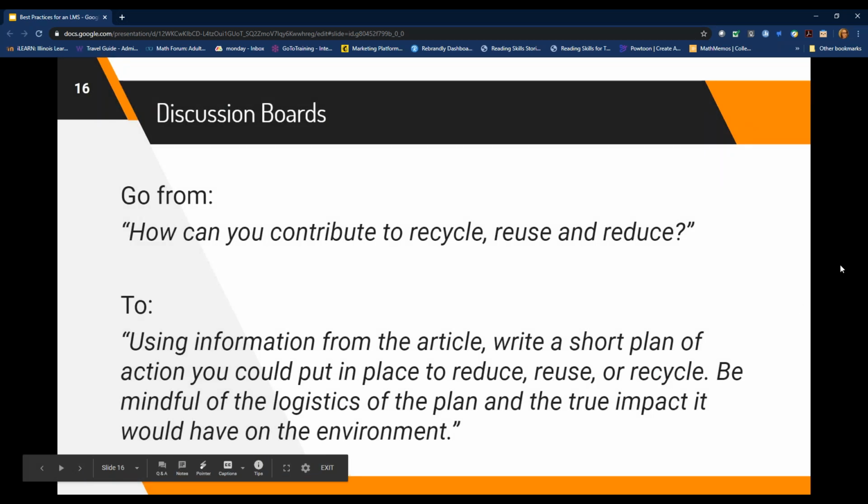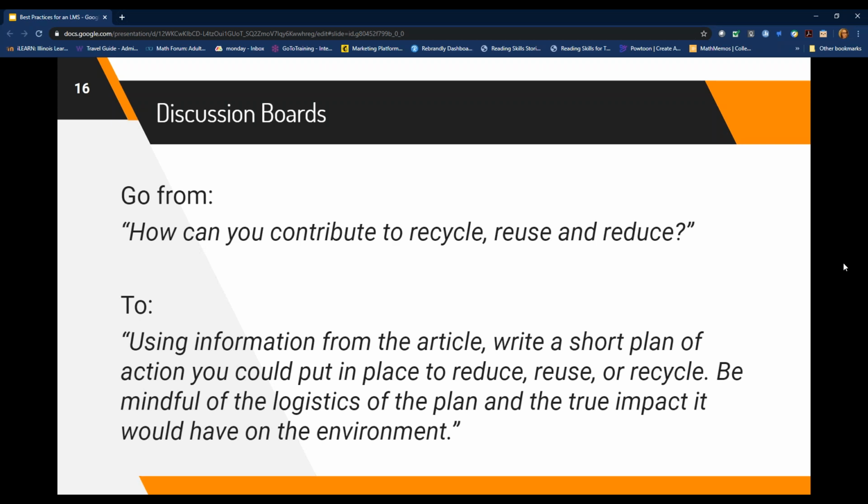So let's talk about the prompt. This is another example of a discussion board post from a teacher. Notice the first post. It's fine, but it's kind of vague. Notice what it was revised to. How much more detail is provided for students to know what they should post. And also notice the demand for evidence about the article they read, which aligns to our ABE ASE standards,